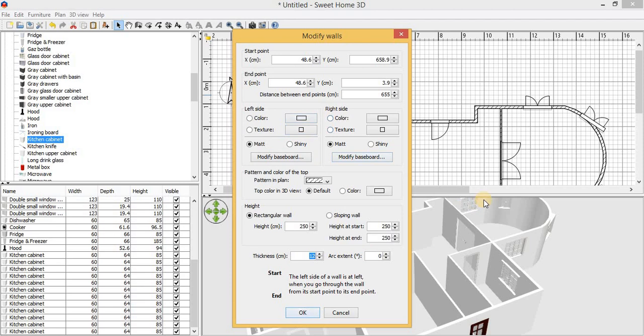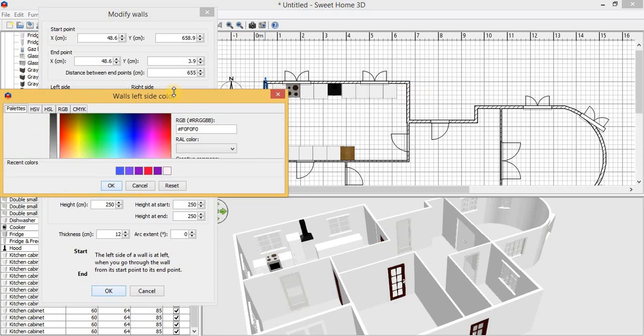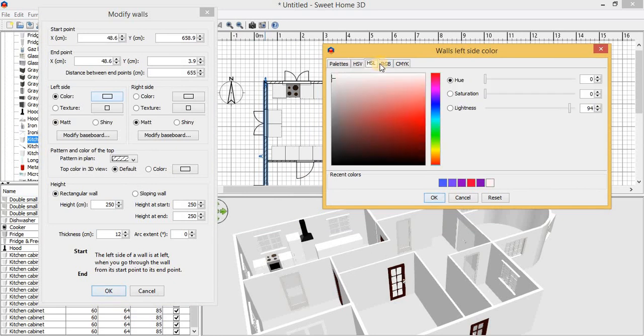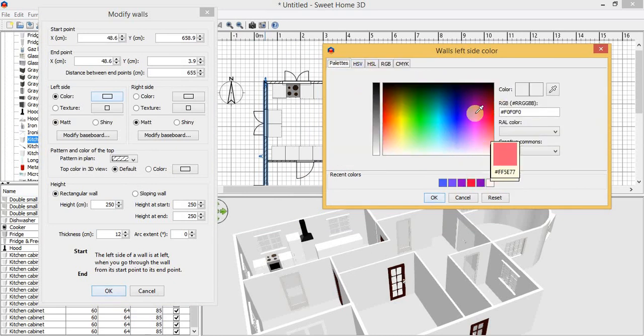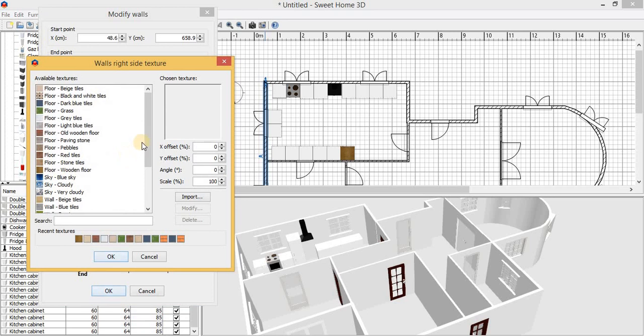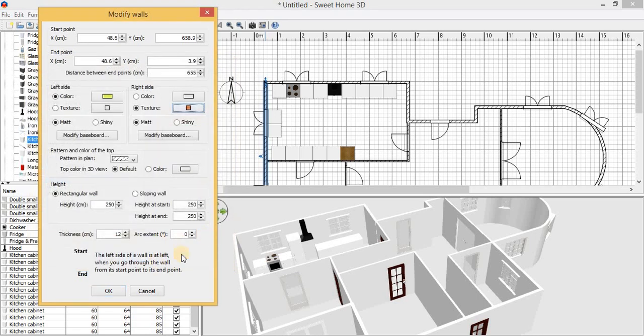Now sometimes the left and right hand side can be a wee bit difficult to work out which one is which, so the best thing to do is I tend to have colour on the inside of my house and texture on the outside. So if I just choose, for instance, now we'll just guess colour is going to be inside. So let's pick a colour dropper. So obviously we've got this option here. We can pick a colour, and again we can jump between these palettes if we want. So I'm going to have the inside of my kitchen be maybe a light kind of green colour, and then my outside is going to be a texture, and it's going to be brick, which there should be a red brick there. Small brick, red brick. Okay, so when I hit OK,